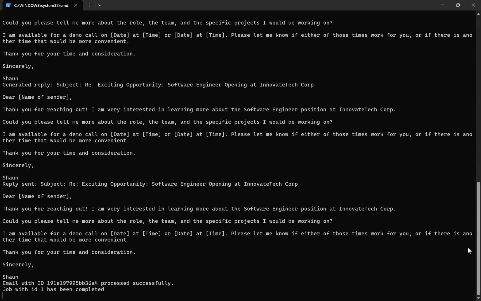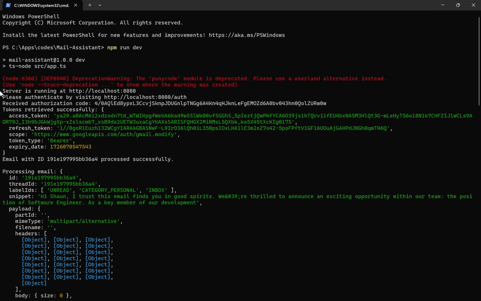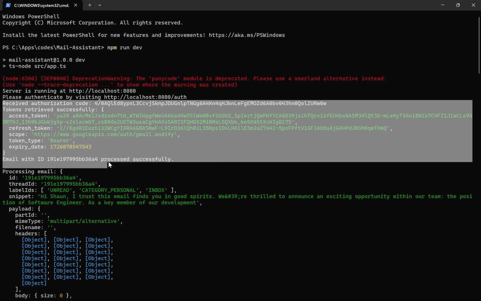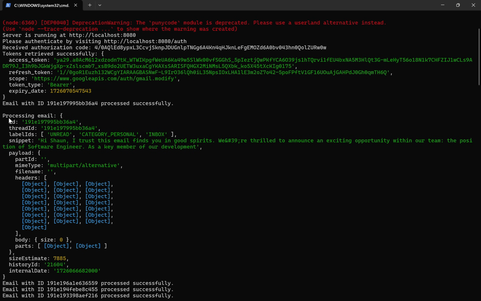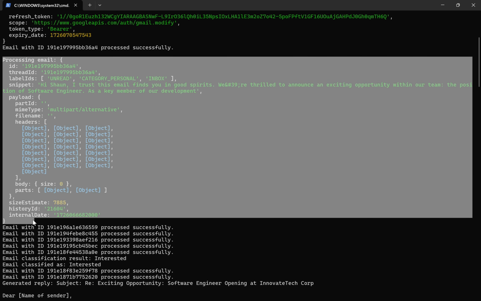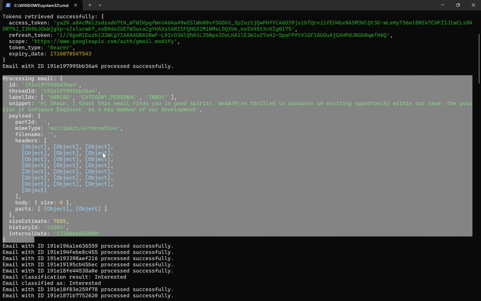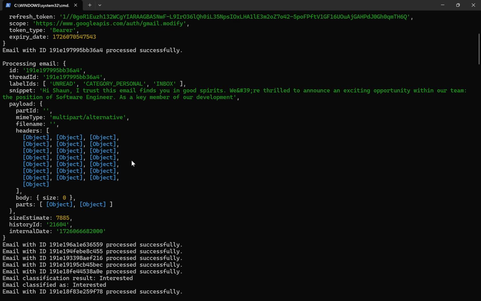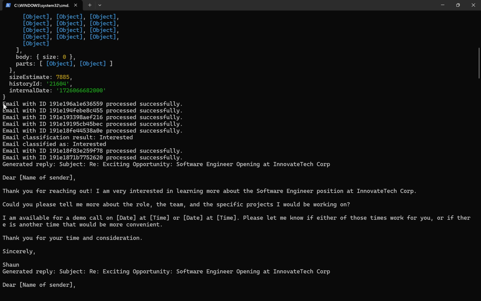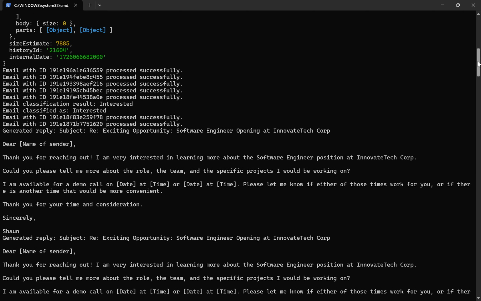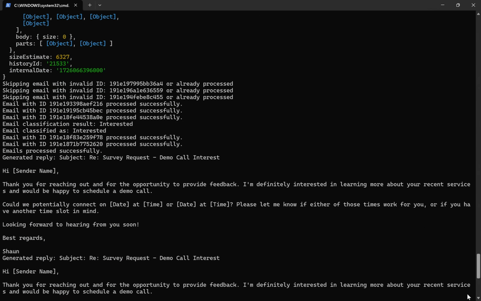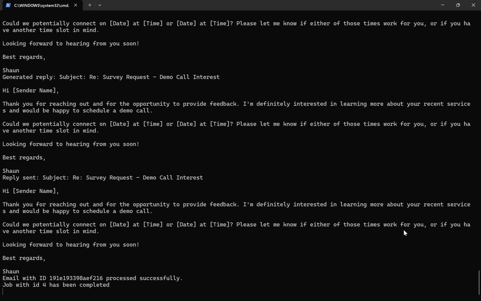Here you can see it has already started processing some of the jobs, and these are the tokens that I have received. These tokens are also saved locally on the device, and as you can see, this is the first email data that we have got. Also the other emails which are unread. In my code I have set it to process the emails which are not read yet. So it is creating jobs,